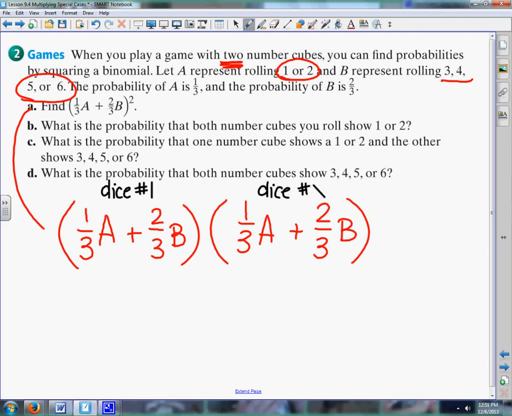So this is a crazy, like, I want to go up to some place in Vegas and I want to roll 2 dice, and one of them's going to be a 1 and one's going to be a 5. And then I want that to happen again with the second time I roll it. So the probability of that happening twice in a row, you would multiply the first instance by the second instance. So if I did this, I would have 1/3 A, and then I'm going to square that whole thing because I have A squared plus 2 times AB